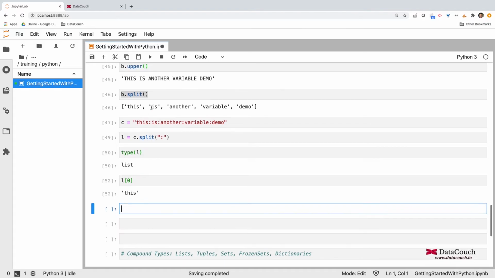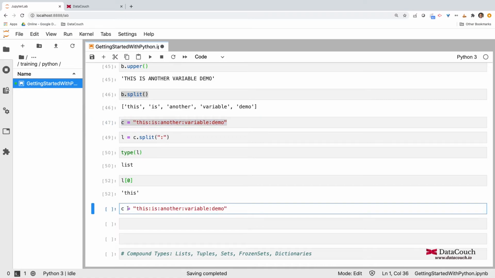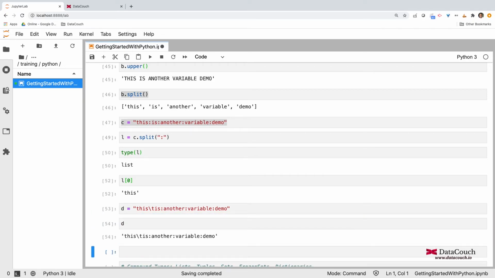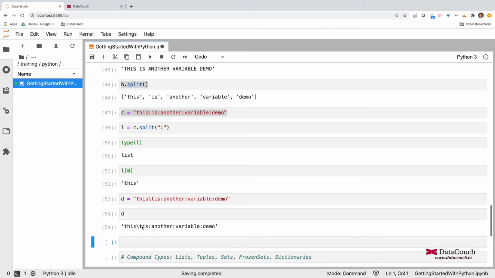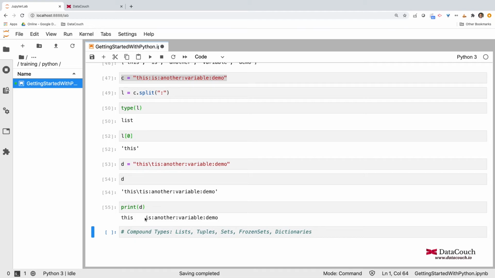Now if you are okay with this, you got the idea of what exactly is happening. We have so many other options in string. Let's say I define another string and this one has some non-printable character. So let's say I have backslash t. If I print d directly, it shows me like this, but I want to show you backslash t as a tab. So I will use print and say d. Now it is showing me a tab.